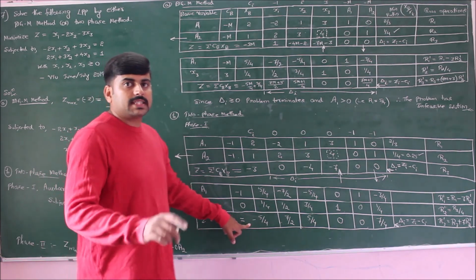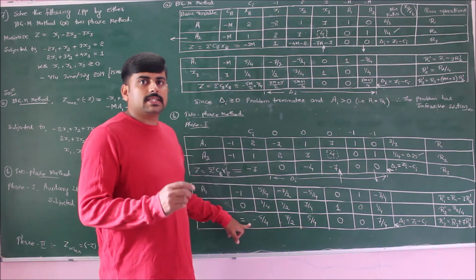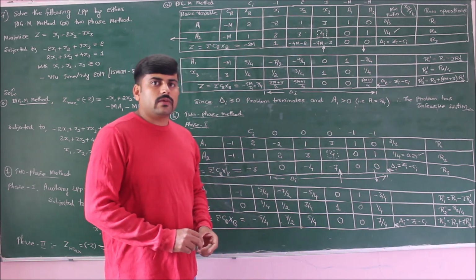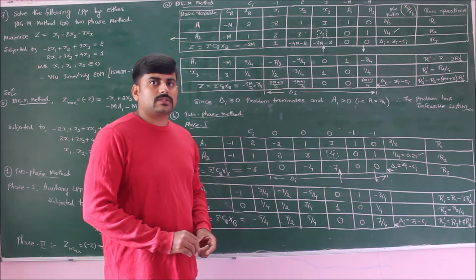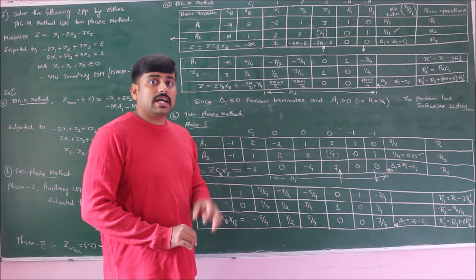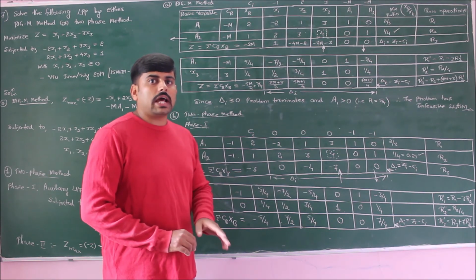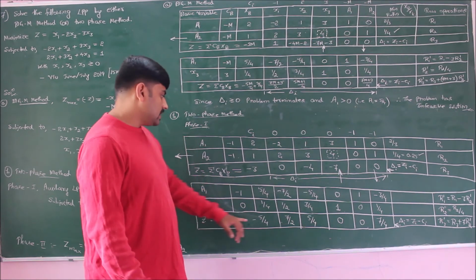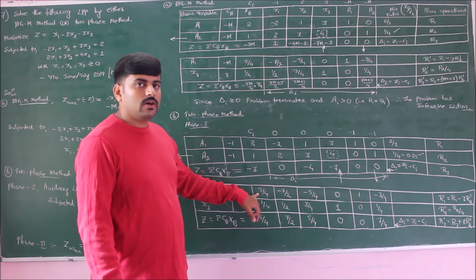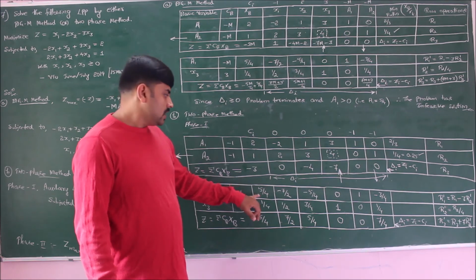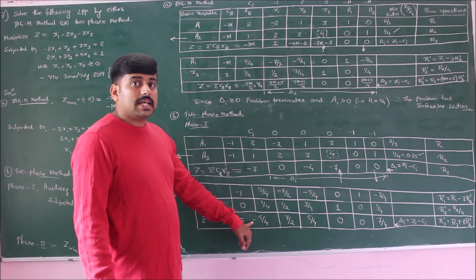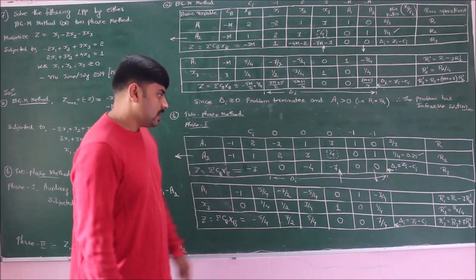In our 5th lecture, I clearly explained the 3 conditions for the two-phase method. Once we get delta i greater than or equal to 0, the problem terminates for phase 1. At phase 1, we should have the value of Z max greater than or equal to 0, not less than 0. Here we have less than 0. Apart from that, the auxiliary function is also present, whose value is 5 by 4. Since Z max is less than 0, the problem has an infeasible solution.